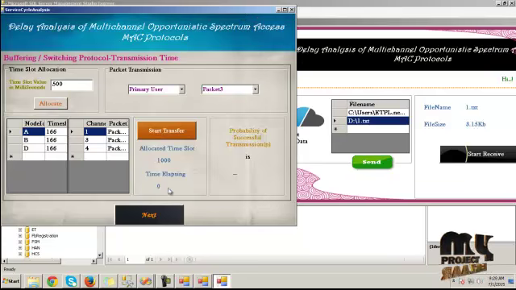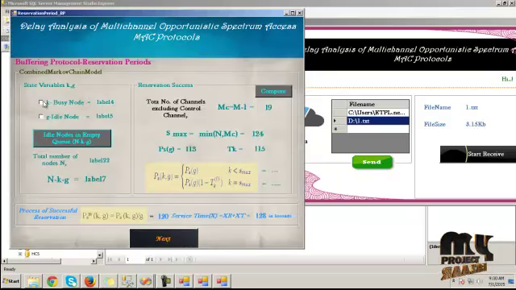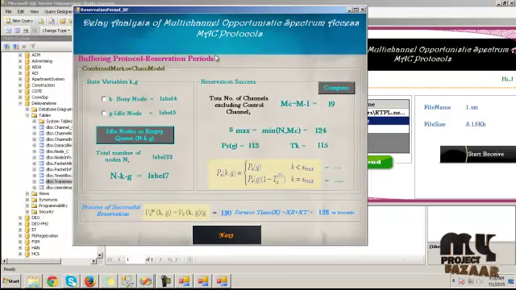Next, click on this to know the probability of successful transmission. Click on this button. It will fetch the probability of successful transmission. Then click on next button. To know the state variable for the busy node and idle node, click on this and click on idle nodes